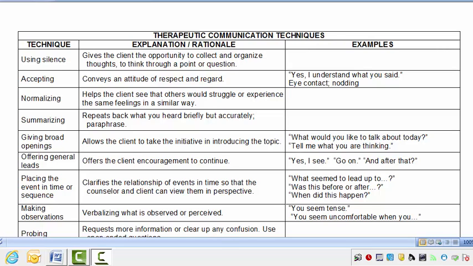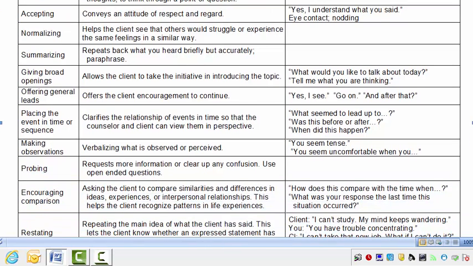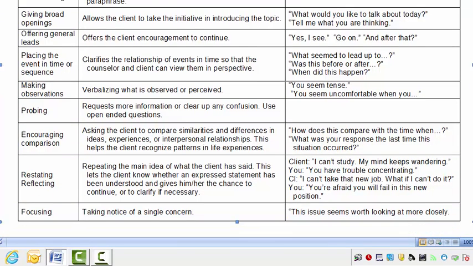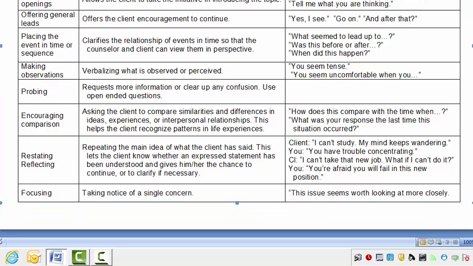And then the next communication technique is called making observations. And making observations is something that you're going to do in terms of what you see that may be their verbal or their nonverbal. Oftentimes you'll do it in that you are going to be observing their emotion and you're going to be asking them, let's say that they're tapping their leg or their foot. They're tapping their foot and they're talking about something that may be difficult for them to talk about,